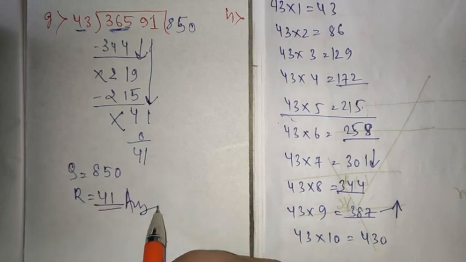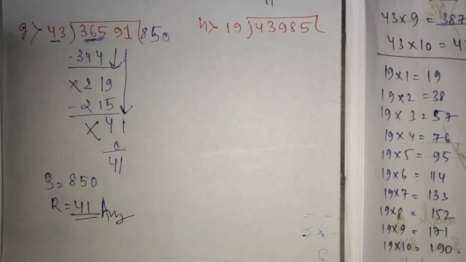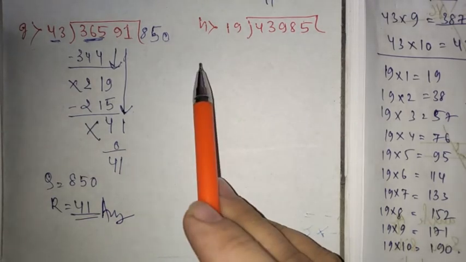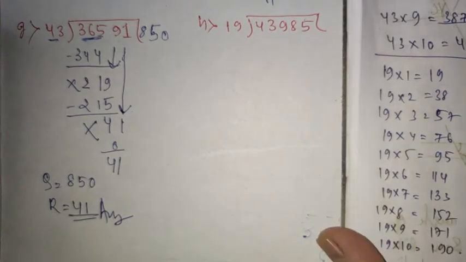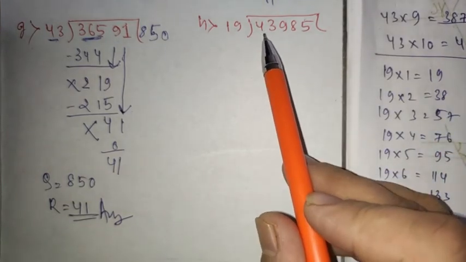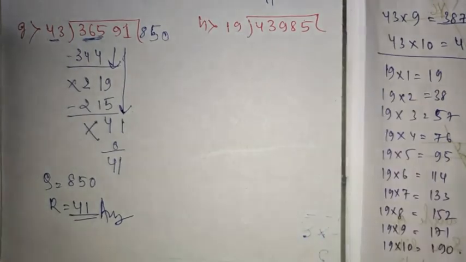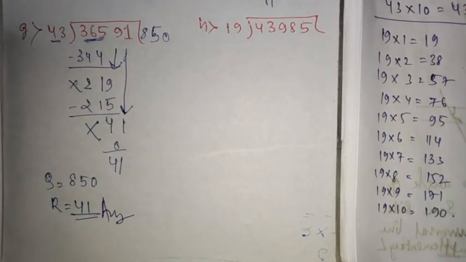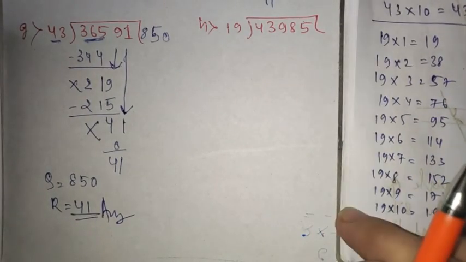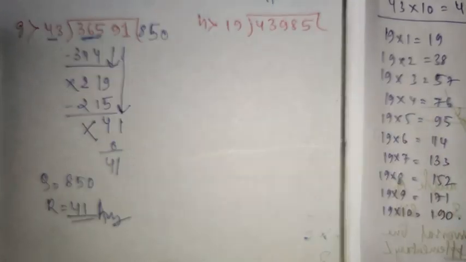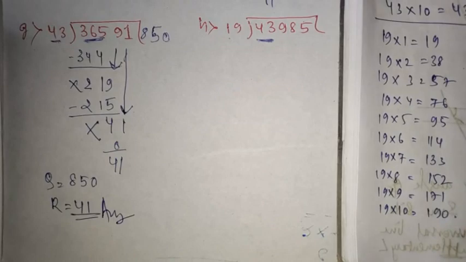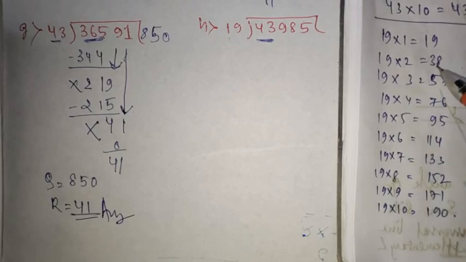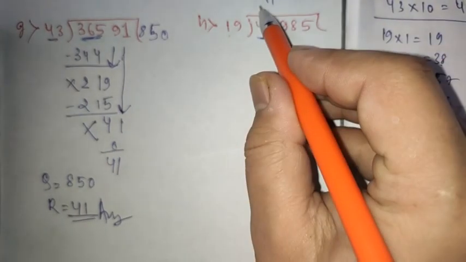Alright, I hope you have understood this. So proceeding forward to number 8, that is part D, number 8. 43985 divided by 19. So here I have written the division table of 19, so you can check with this. So 19, you have to divide this 43, because 43 can divide 19 now. So take this 2 digit. So 19 2s is possible. So 19 2s I am writing here.